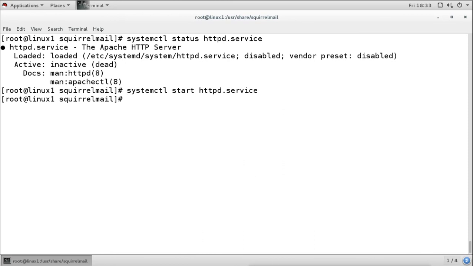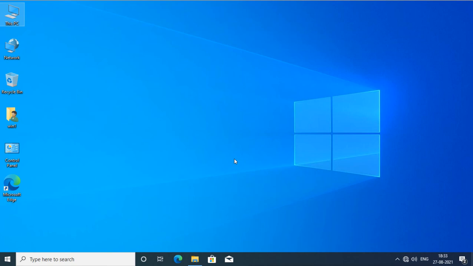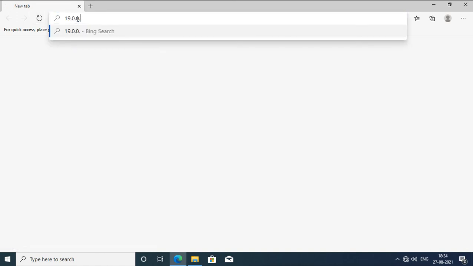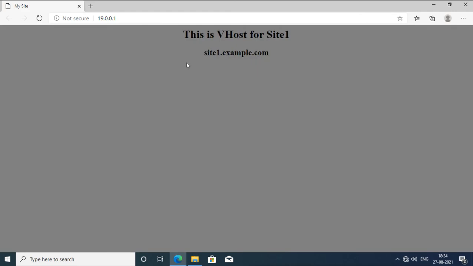I am on this Windows client, so I can use this also. I will open the browser here and check whether the site is working. The site is working, our website is working, our HTTP services are working.